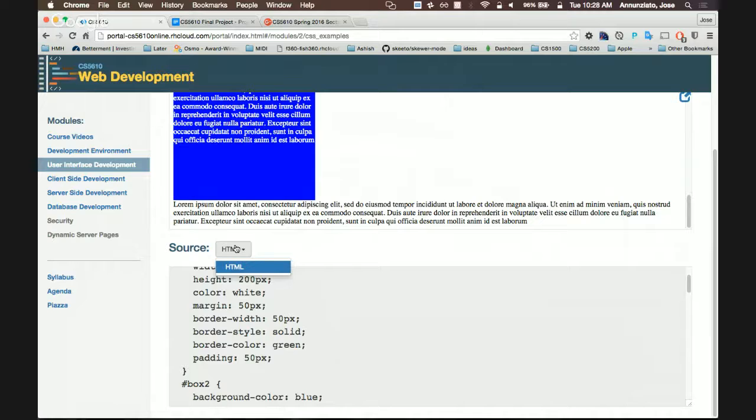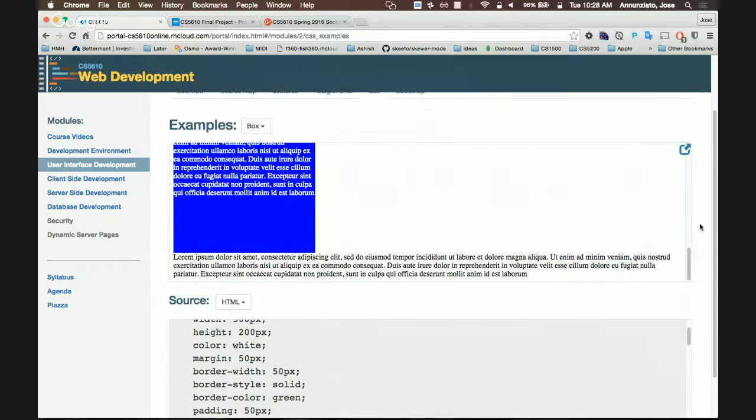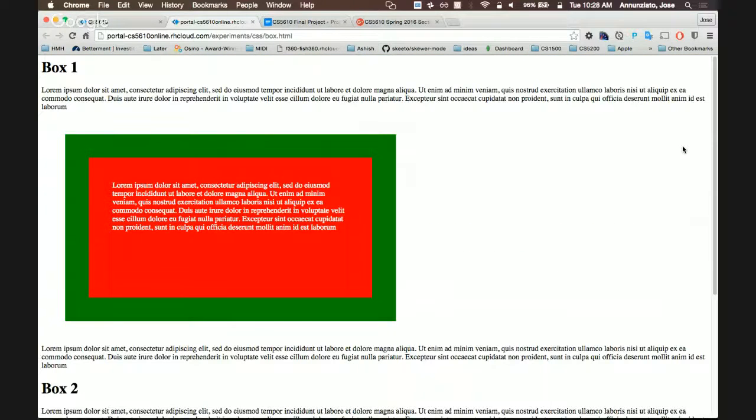Some of the more involved experiments have various files. They have HTML, they have CSS, they have JavaScript, they have all sorts of things going on. But these first ones are just HTML. And if you click here, it'll open up the experiment in its own page. So anyway, the topic of this particular experiment is to talk about what is referred to as the box